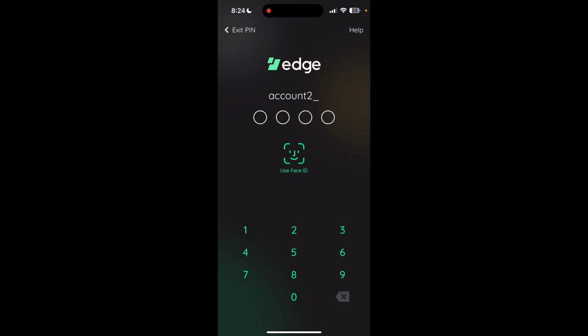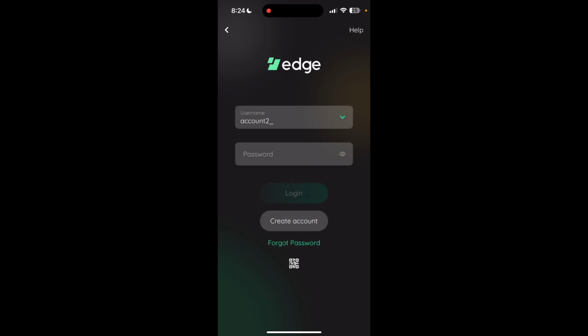So that is how you can log out from your account. You can simply type in your PIN, or you can type in your password on this field to log in